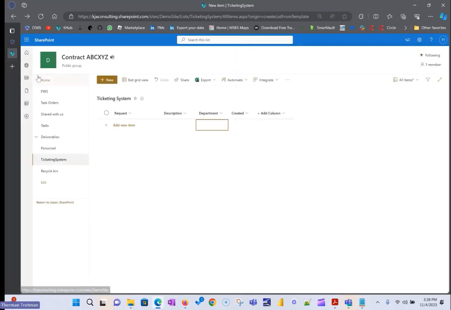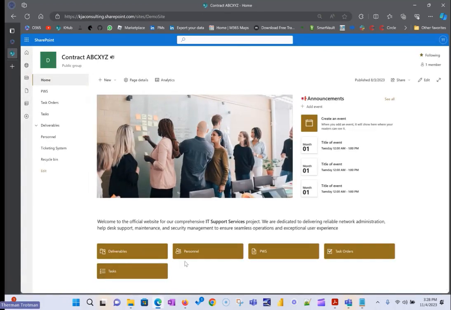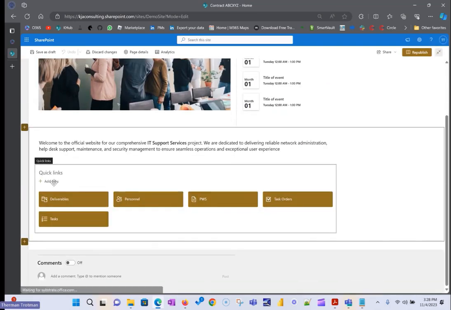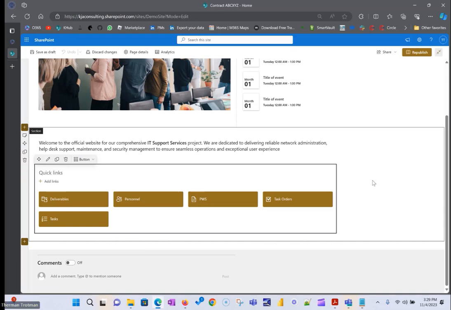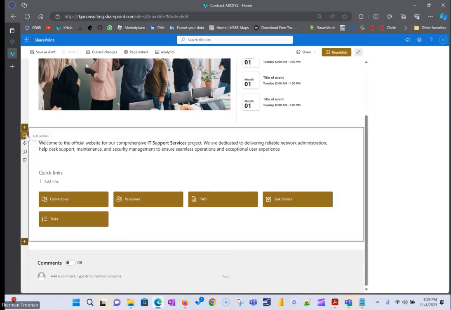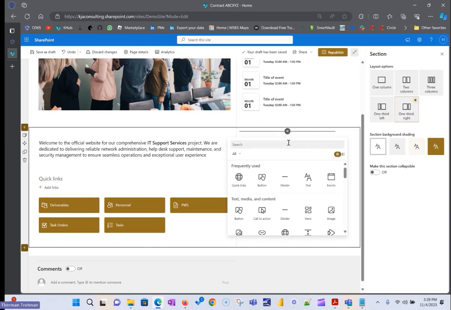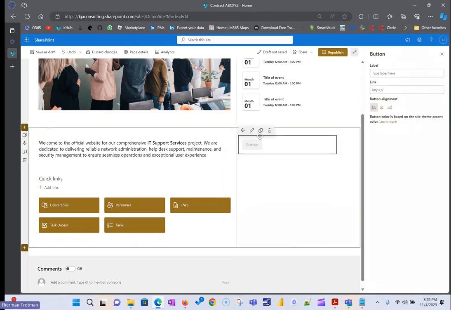So let's go back to our home page on the site. And you see we got some buttons here. I'm going to hit edit, and I'm going to add a new link. You know, there's a whole bunch of ways. Matter of fact, here, let's do this. I want to make a little section over here. This is another part of SharePoint's features, the SharePoint site. I'd love to be talking about that here today, but we're doing lists. We got a whole bunch of options here. So there's something called a button. I'm going to just create a button, and I'm going to label this, and I'm going to say enter,